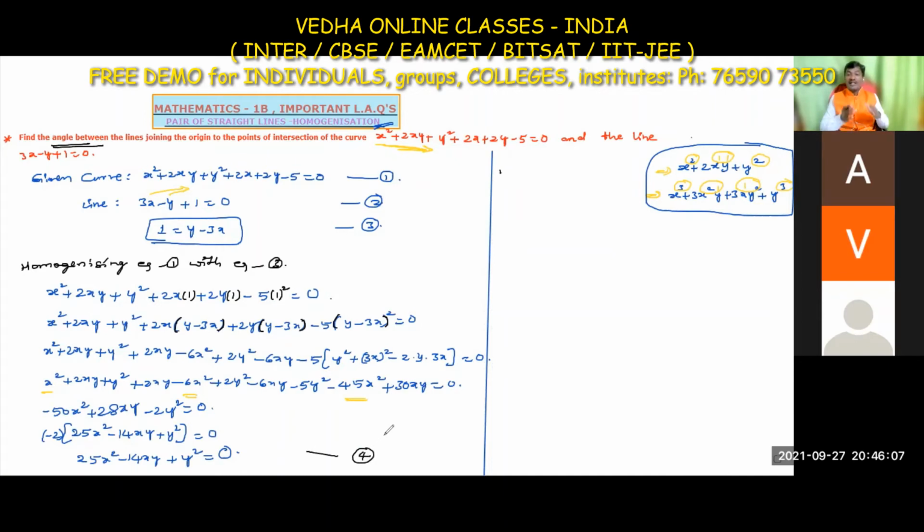So till here, for any question in this model, in this method, every problem we solve like this only. There is no other way. Every problem, whatever the question it is, we solve till here the same. From here onwards, we have a little bit of change. Okay, so comparing